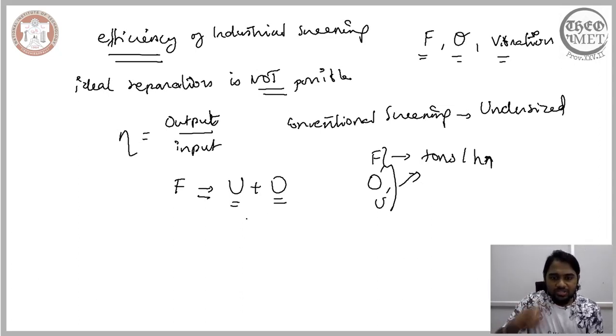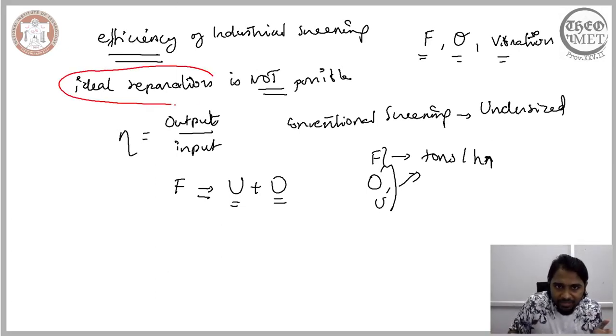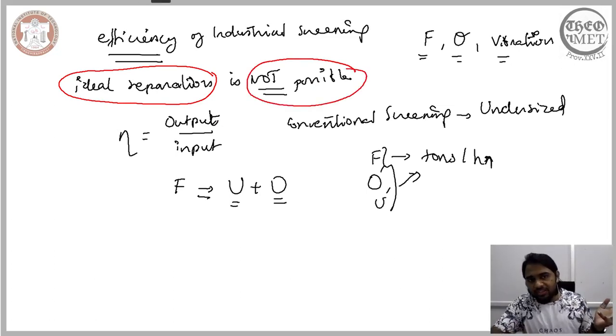Now we saw that because the whole process of screening is probabilistic, not all the undersized particles are separated during screening. Even though they are fed onto the surface of the screen, they are not separated completely. Had the process been able to separate them completely, then what you would have is an ideal separation. If all the undersized particles are separated from the oversized particles, you would have ideal separation. But we saw this is not possible because screening is a probabilistic process.